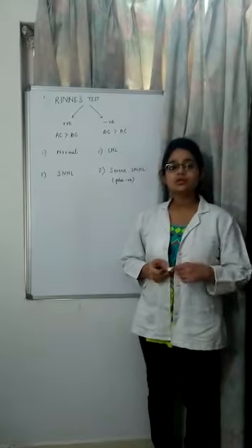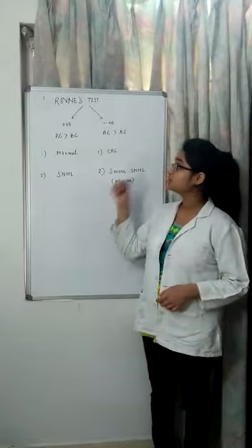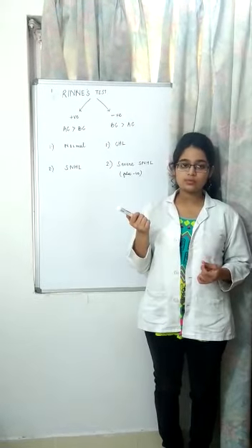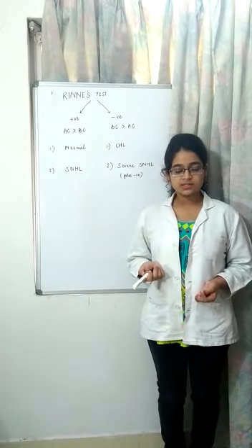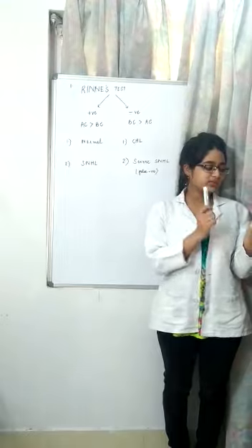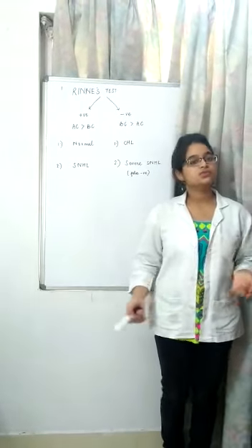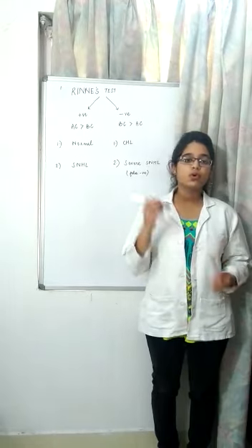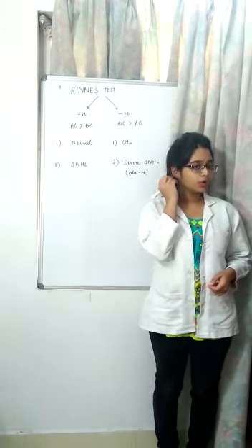Okay, so the first tuning fork test that I am telling you about is the Rinne's test. What we do in Rinne's test is, we take a tuning fork, preferably of 512 Hz. We can use our elbow to strike the tuning fork. We can also use the heel of our palm, or the sole of our shoes. So we strike the tuning fork and we place it over the mastoid. That is the bony prominence.